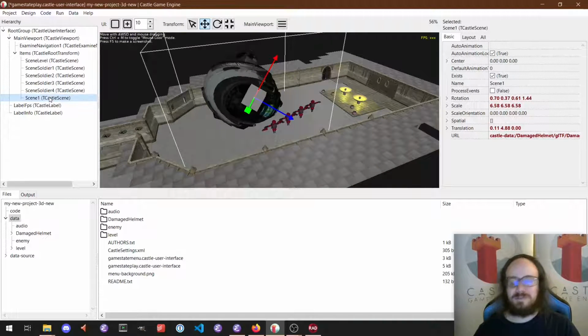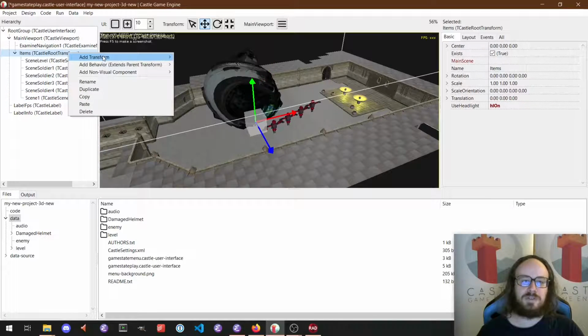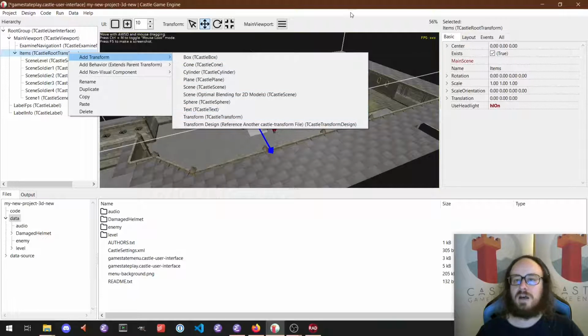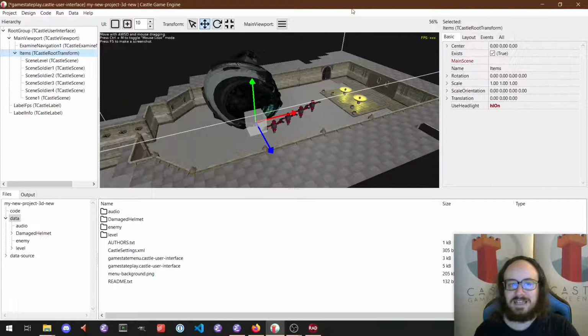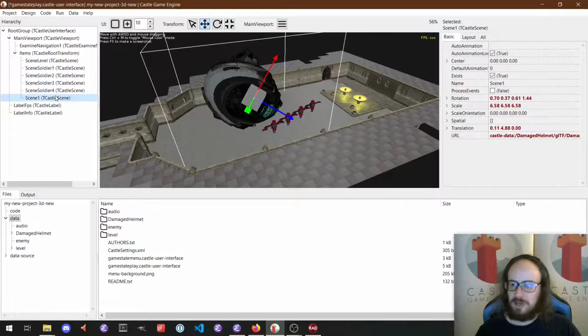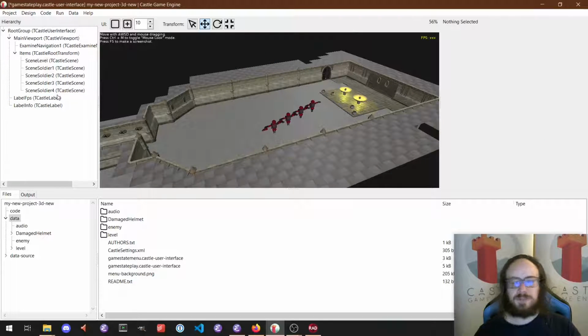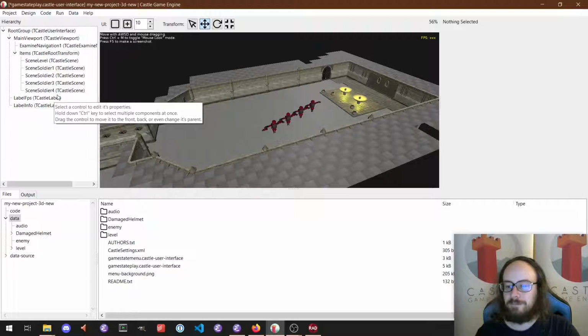if you do it with some proper idea in your mind, then this is the way to design levels using the custom game engine editor. You just drop a number of custom scenes into your level. You can arrange them in a hierarchy using the custom transform class, and you can create a big level from many small assets this way. For now, let's remove the scenes,